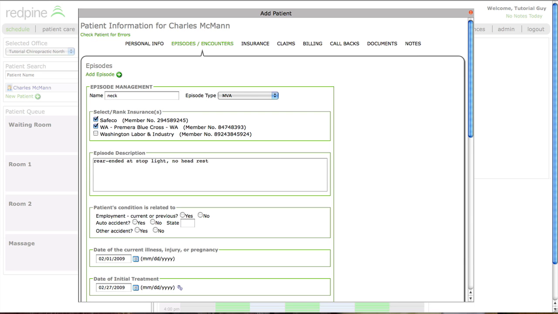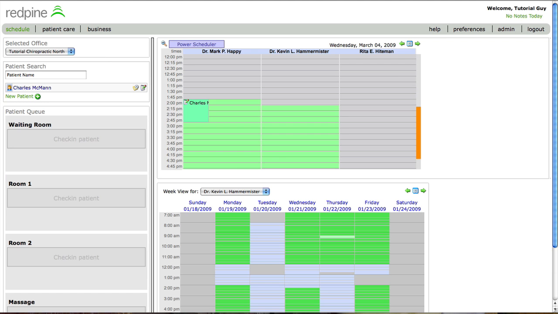Since the front desk staff are generally the first people to see the patient's intake forms, they generally have all the information they need to create the episode. You could also add several other items to the patient record at this point. We'll cover those in future tutorials, but now that we have the patient's basic information ready, we can move on to the next step. The front desk generally schedules the patient and adds a visit type which identifies why the